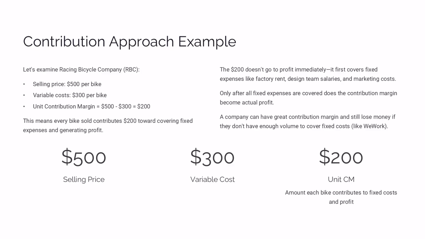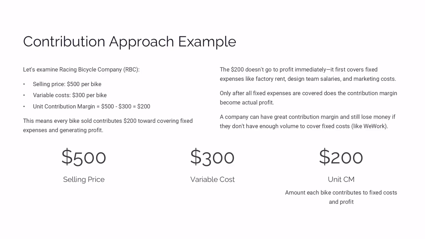corporate overhead. The breakthrough moment for most students, and this is worth probably 20 points on your exam, is realizing that the unit contribution margin is not profit, it's the amount available to cover fixed costs and then generate profit, which is why a company can have a great contribution margin and still lose money if they don't have enough volume to cover their fixed costs. Exactly like WeWork had amazing contribution margins on each desk rental, but couldn't get enough volume to cover their massive